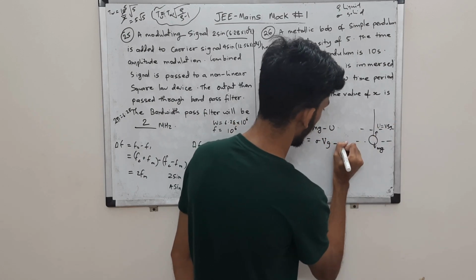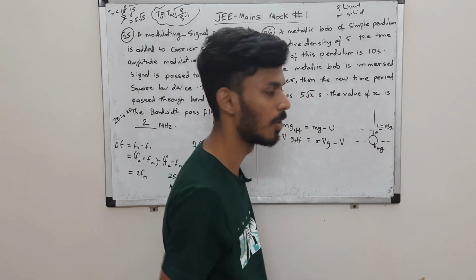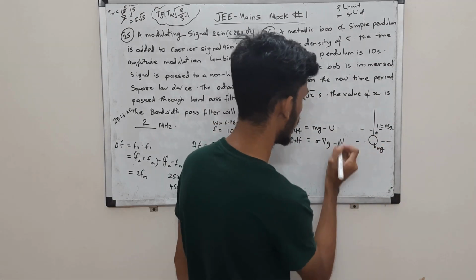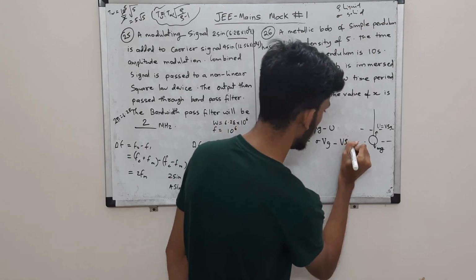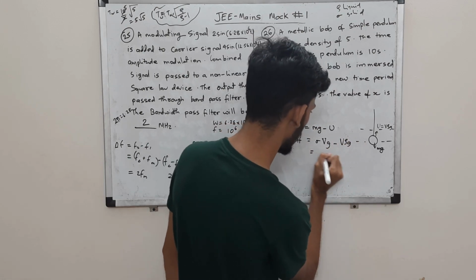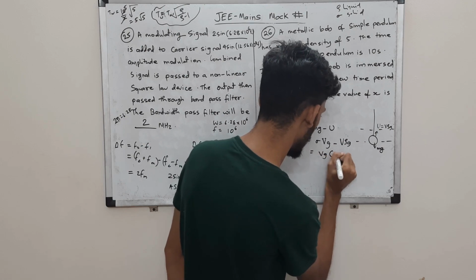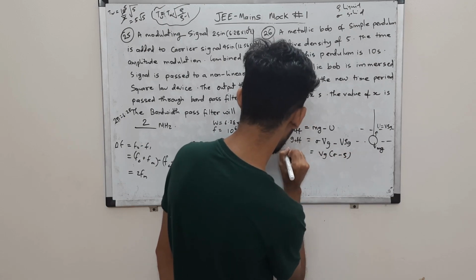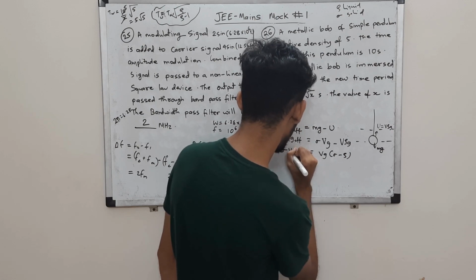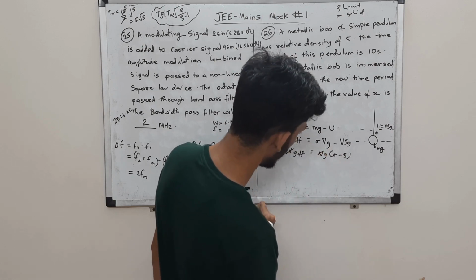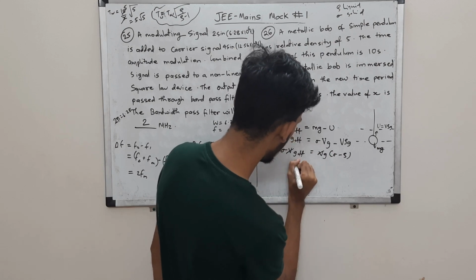Upthrust is given by volume immersed. Now the entire volume of that bob is immersed, so entire volume, rho, density of the liquid, into g. You can take Vg common over here, sigma minus rho, and we have sigma V g effective. V and V will get cancelled. What do you get? G effective will be